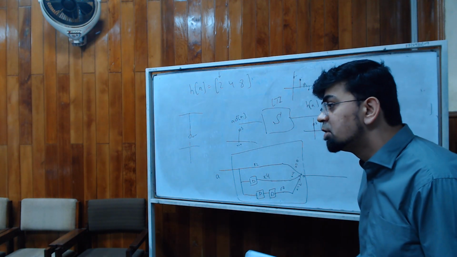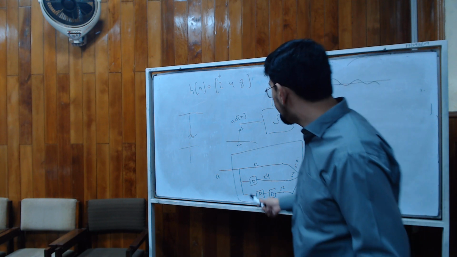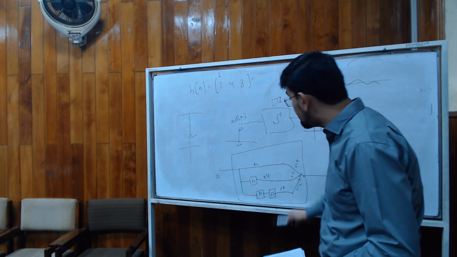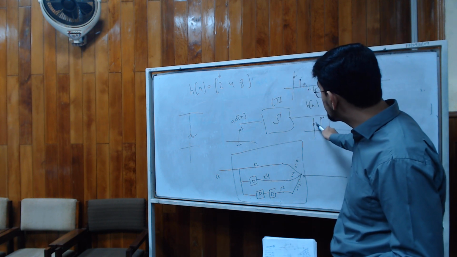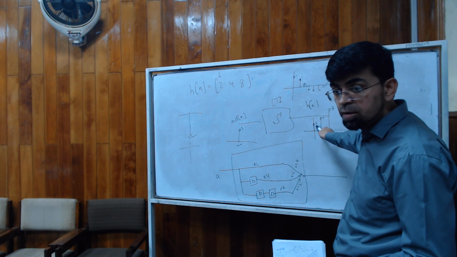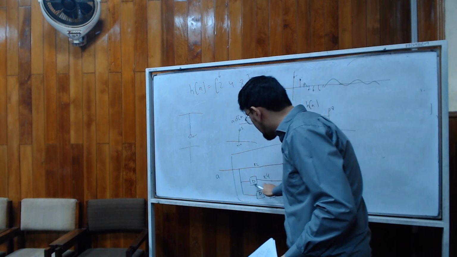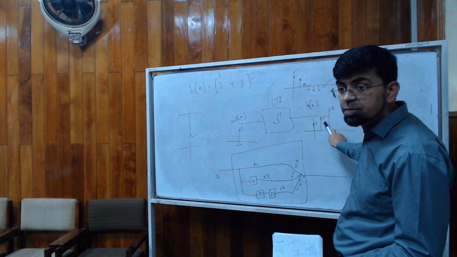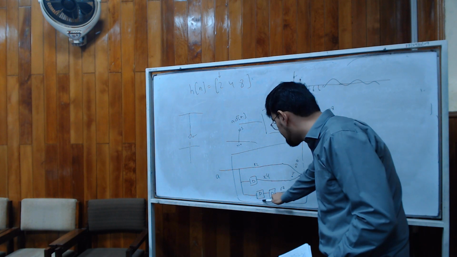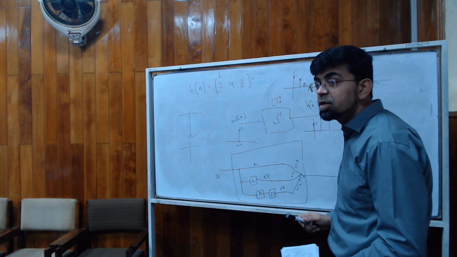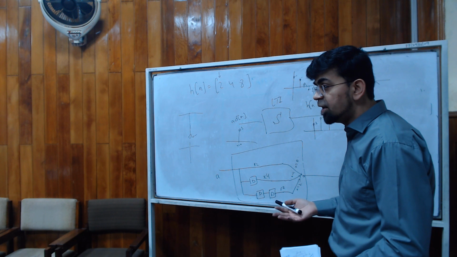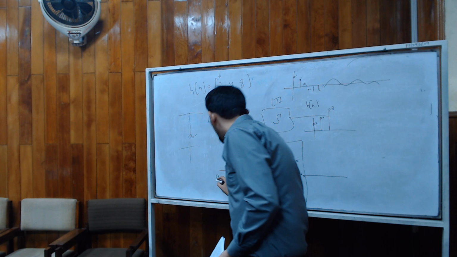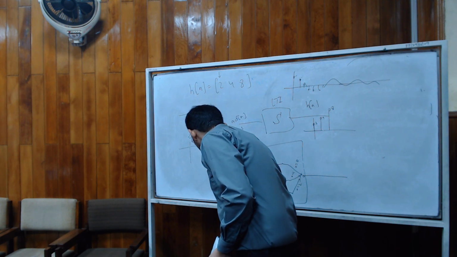ये कर रहा है वो, right? It's saying if you give me a, I will take it, multiply it by 2 and give you the answer at n 0, which is, as you said, 2a. Then I will delay your input 1 unit and multiply it by 4 and give you 4a. Then I will delay your input twice and give it the response 8 times of that. Now notice what happens if I now send in, let's say